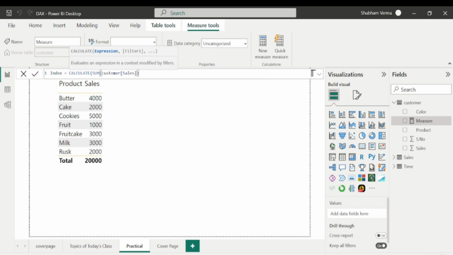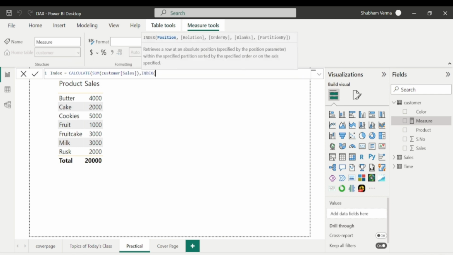Close the bracket, comma, and now I will write index. So guys, look at the parameters. The first parameter is position. That means at which position you want to see the sales. Here we have 7 records. Let's suppose I want to see the sales of cookies, which is in third position. So I will write 3 here,